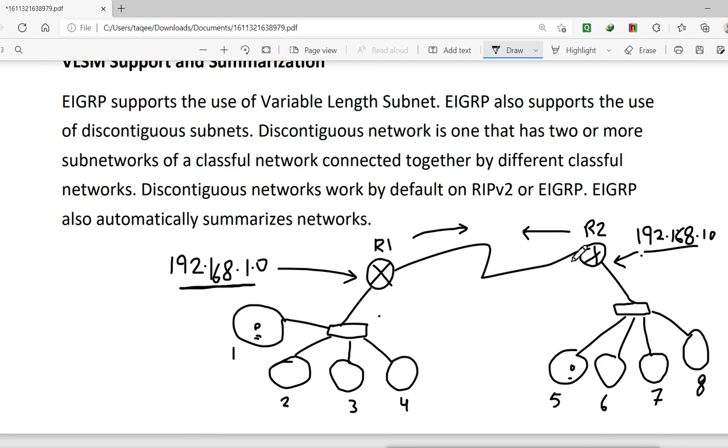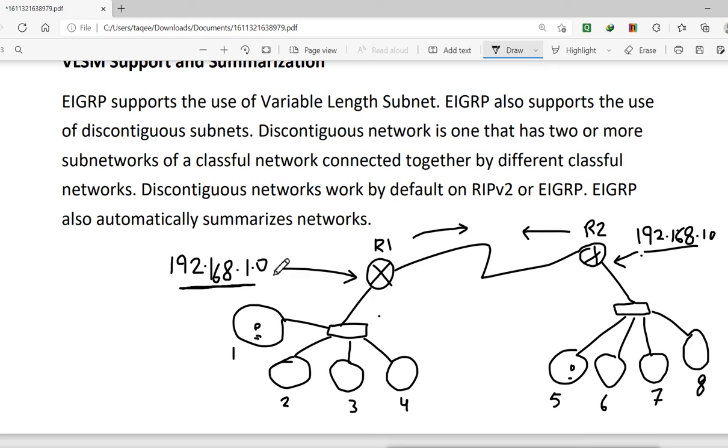That will not create traffic between these 2 routers to send the information every time the network comes and goes. Router 1 knows that this network is not available, so if any data comes to Router 2 for that network, it will drop that data because it knows that the network is not there. But it will not inform the other side, because it is not informing about the subnet, it is informing about the whole network.